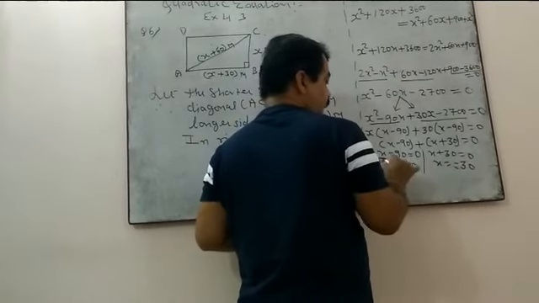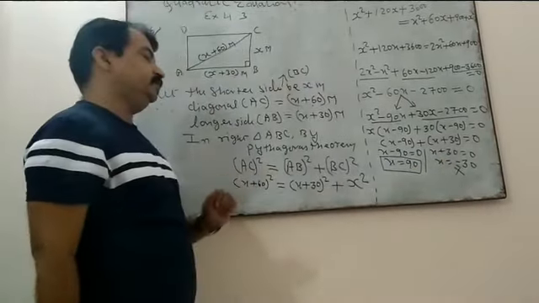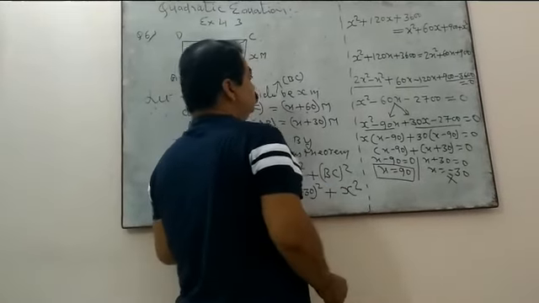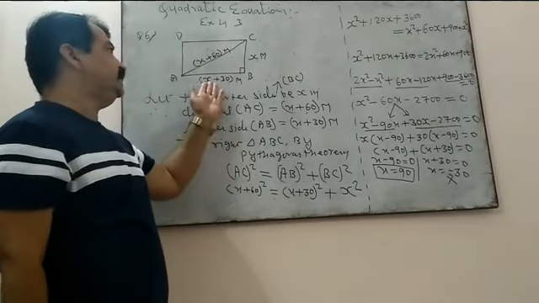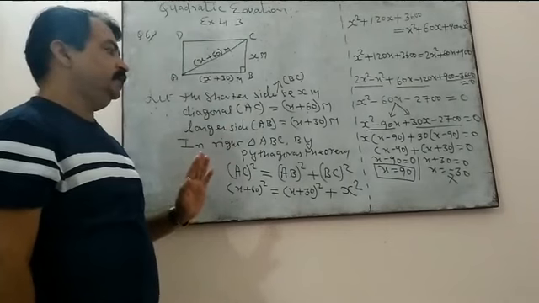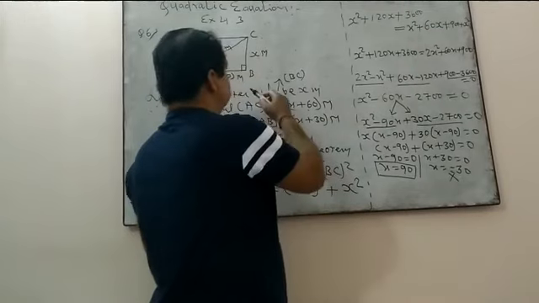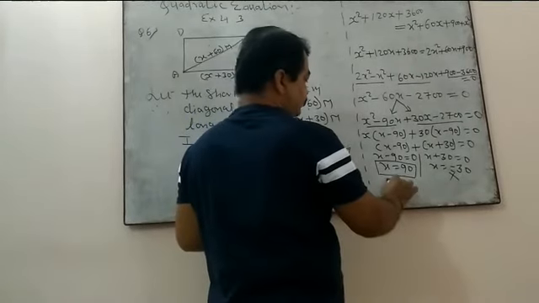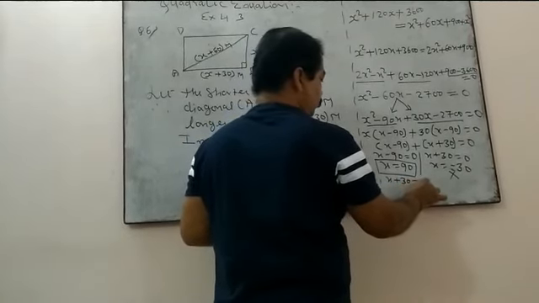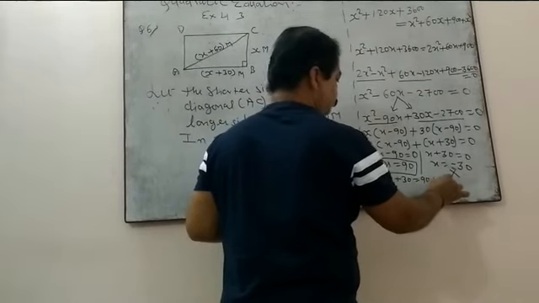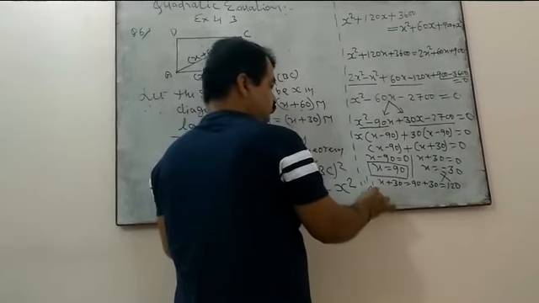Right? So a negative dimension, a negative measurement for a side, is not possible. So minus 30 we will not take. We accept x equal to 90. Right? Since the question asks to find the sides of the rectangular field. Okay? If you want we can find the diagonal also, but we will mention only 2 dimensions. x is 90, therefore x plus 30, that is 90 plus 30. What do we get? 120. So you can write the answer.